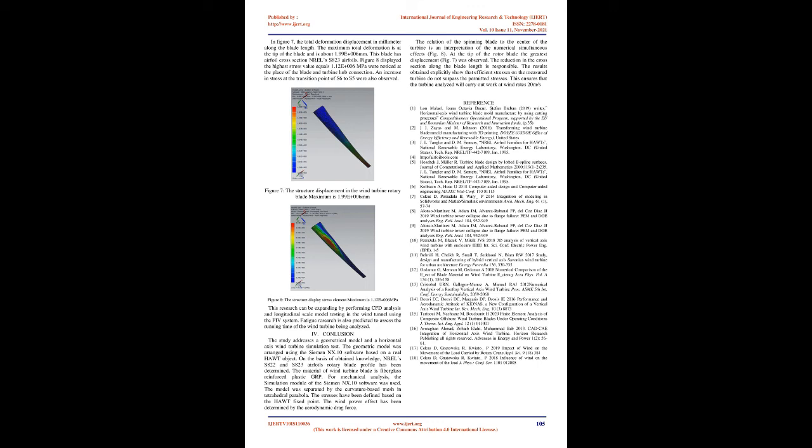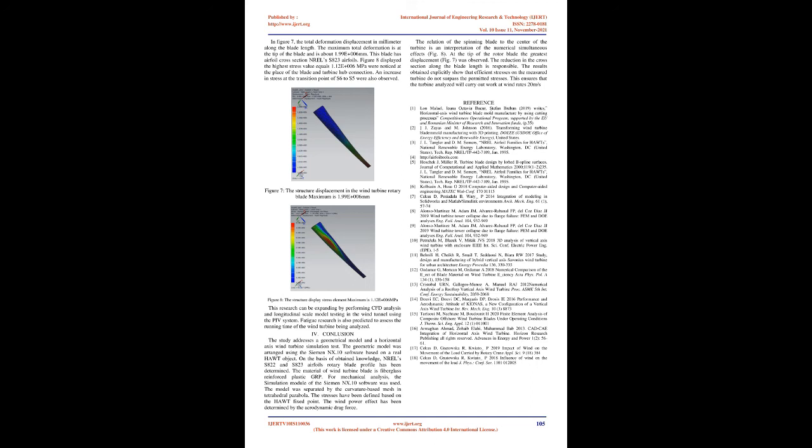The material of the wind turbine blade is fiberglass reinforced plastic, GRP. For mechanical analysis, the simulation module of the Siemens NX 10 software was used. The model was meshed with a curvature-based mesh of tetrahedral elements. The stresses have been defined based on the fixed point. The wind power effect has been determined by the aerodynamic drag force. The relation of the spinning blade to the center of the turbine is an interpretation of the numerical simultaneous effects,